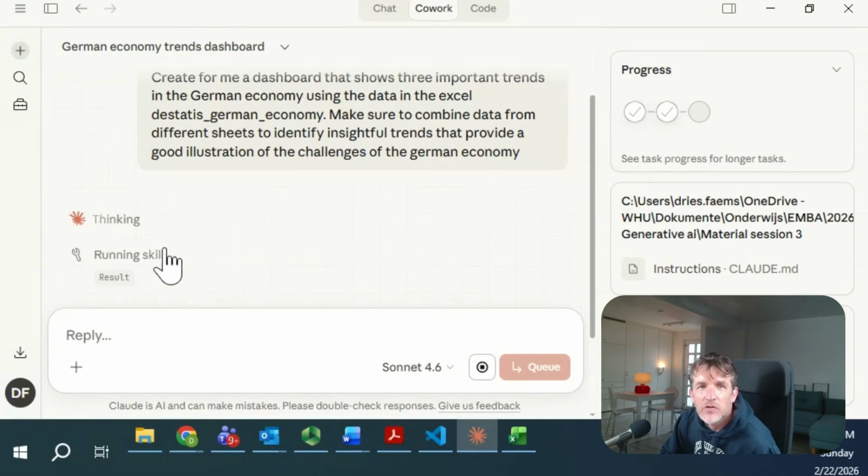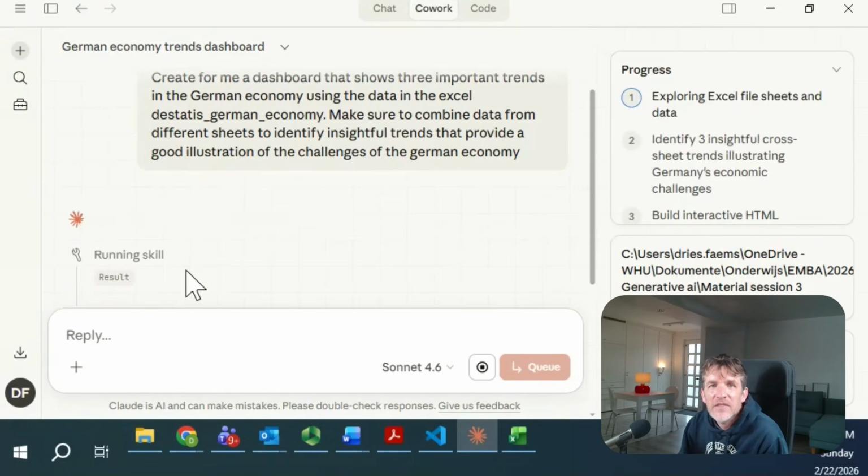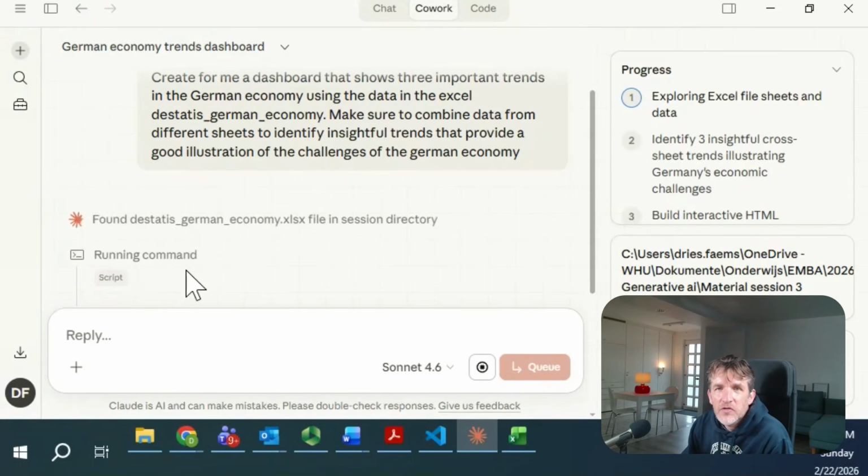And you see it's already running a skill. So now it's actually gone into my data plugin because it realized, okay, I need to analyze data, so I need to enable the data plugin. And now it's running a first skill to start creating a dashboard. Here on the right-hand side, I can follow what is happening. And now we will have to wait for a couple of minutes. And then